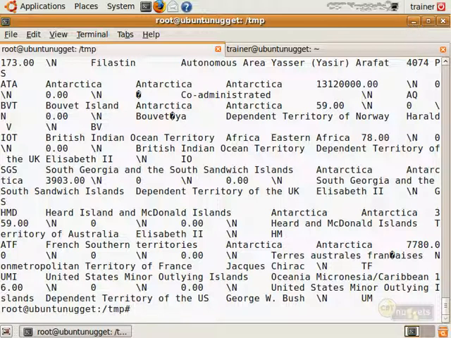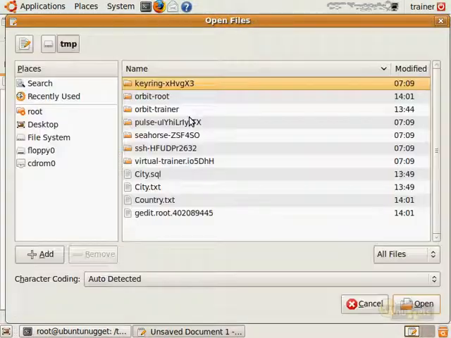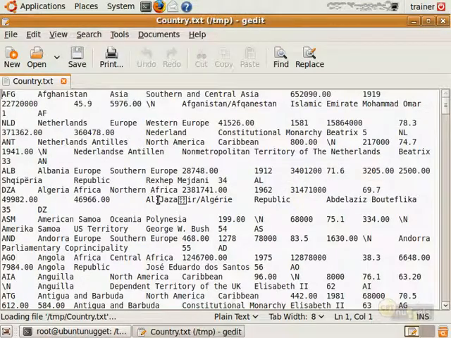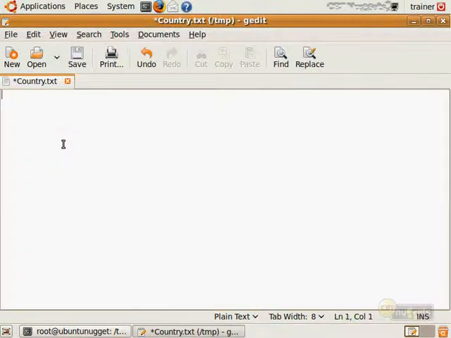Actually, we might be better off running this from gedit. So in gedit, why don't we open the file country.txt. Wow, that's still pretty tough to look at in a text editor. You'll probably want to put this into a spreadsheet type application, OpenOffice or whatever on Linux, Microsoft Excel on another machine. All right, well, I'll tell you what we're going to do here is select everything, and let's just create